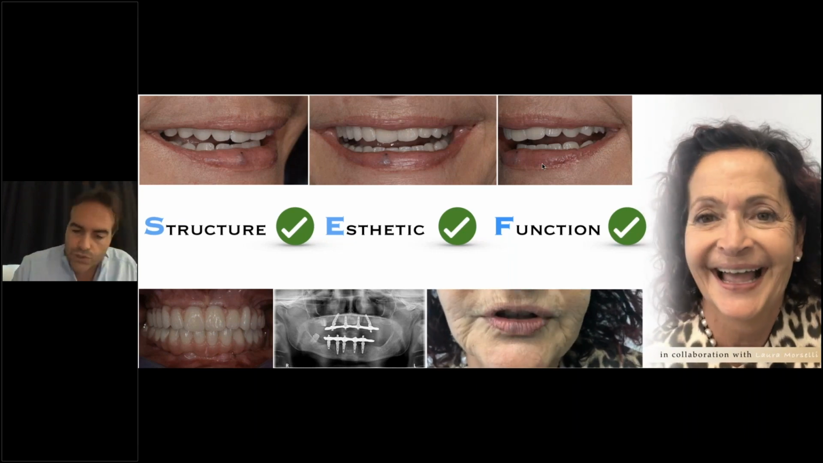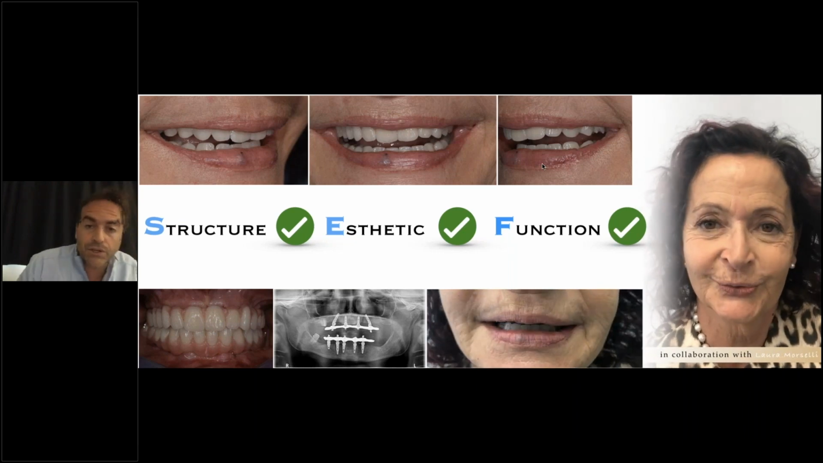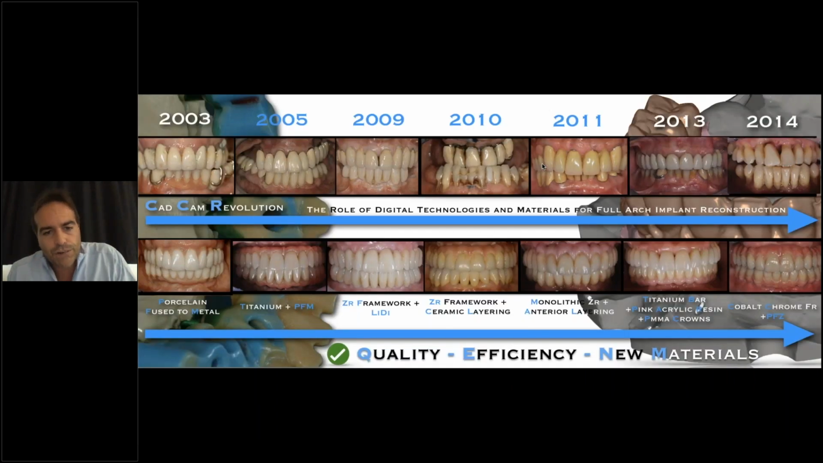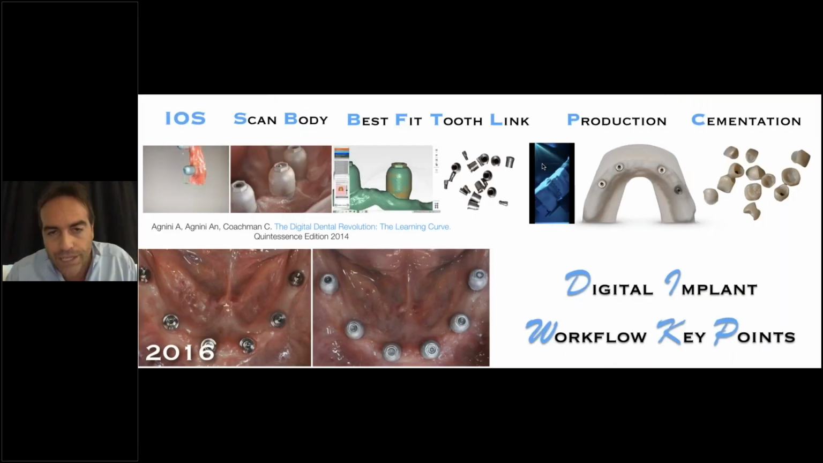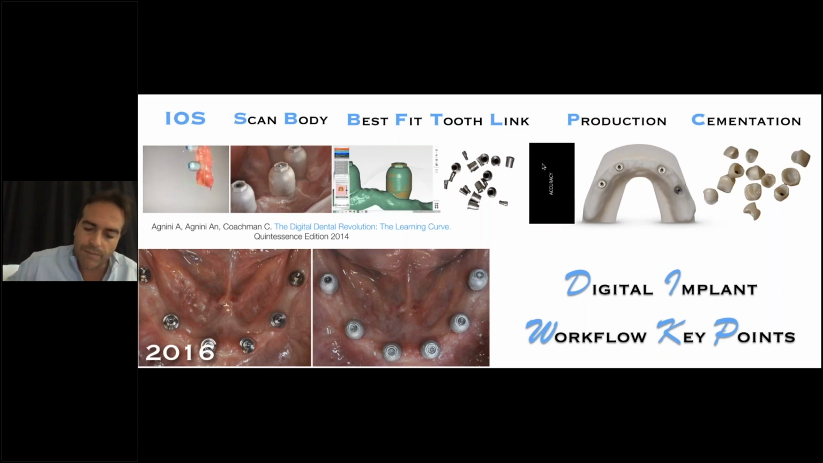We do have the technologies, we do have the materials, because look, the time machine of the materials incredibly implements the quality and the efficiency of our full arch restoration when it comes to final restoration, but being completely digital. So trying to be completely digital from A to Z, such as, for example, this workflow. For sure, we need another webinar to discuss,